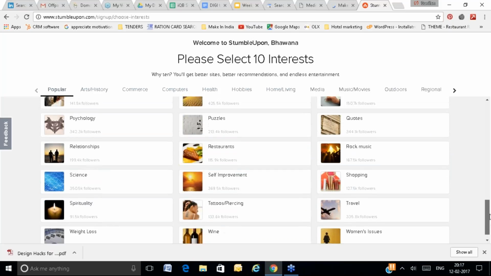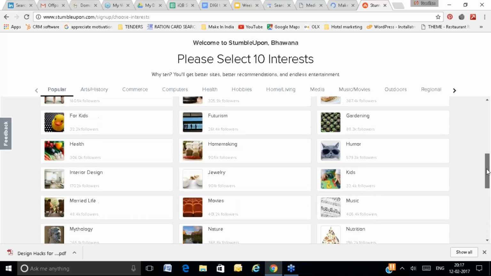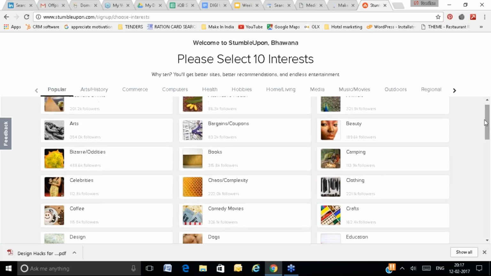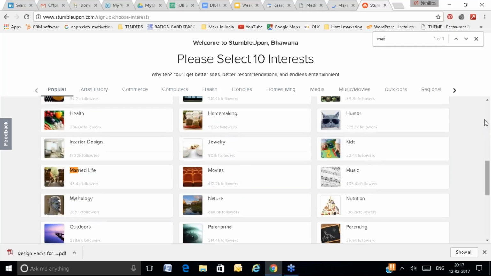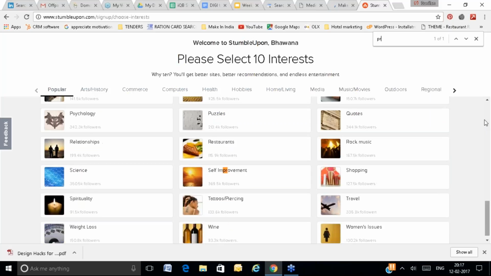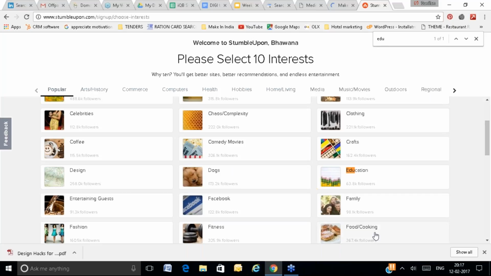Let's suppose I'm doing promotion of a website. So I will go for marketing, or there is no marketing, then promotion. Promotion is also not any category. Digital is not a category. Education, so education is a category.